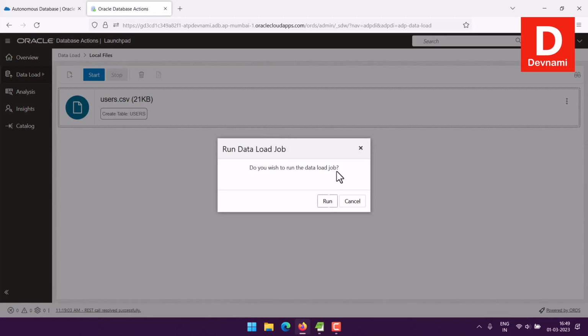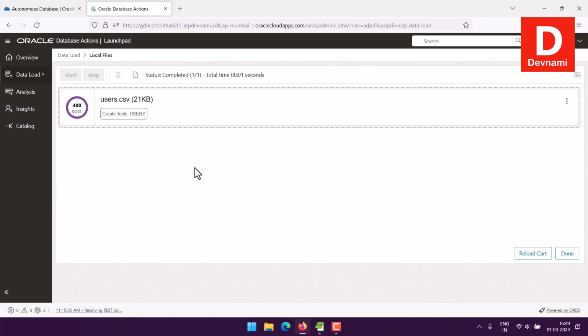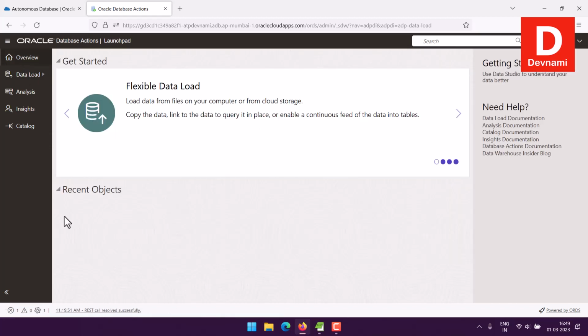Do you wish to run the data load job? Click run. Now it will import all the rows, 400 rows of data, and as you can see the table name is users. If you choose the settings and decide to edit it at the time of import, you could change it as well, right? So now that our data is imported, we can check the recent job. Currently it's not updated, it seems, right? So we'll just refresh it